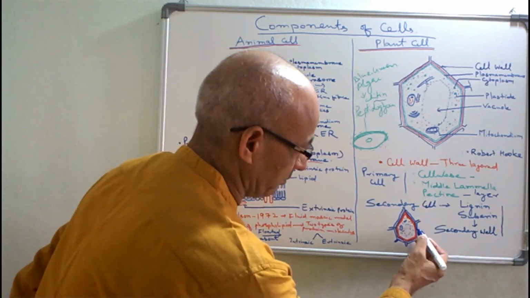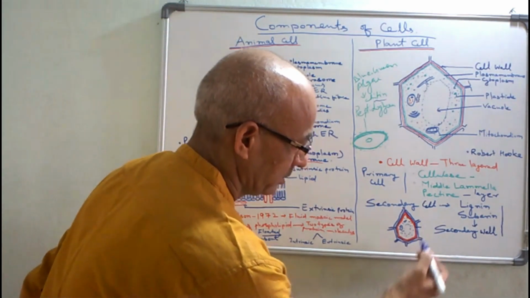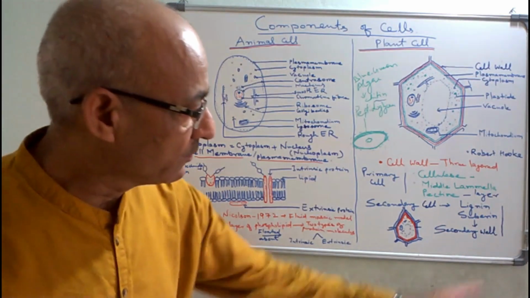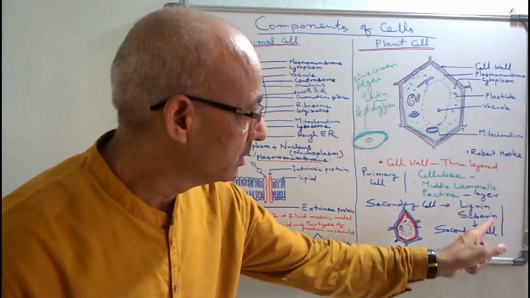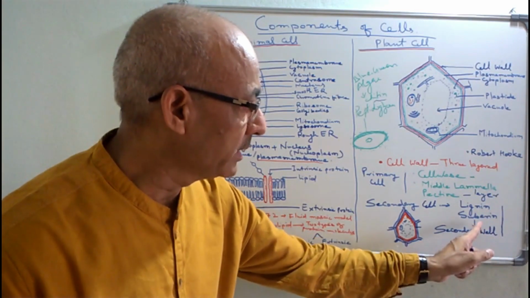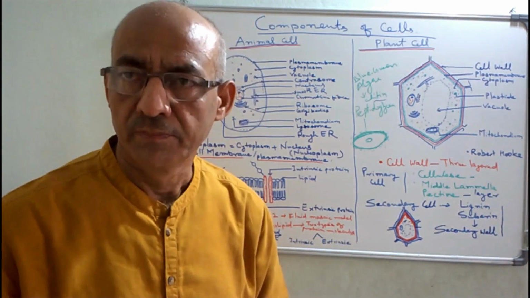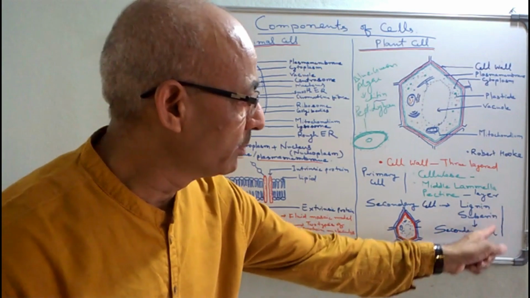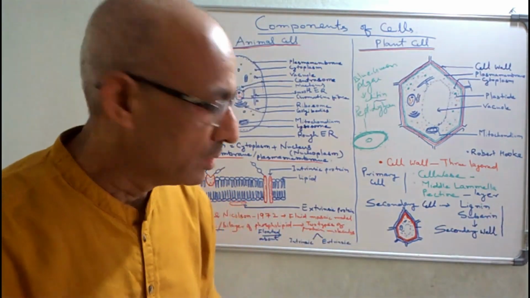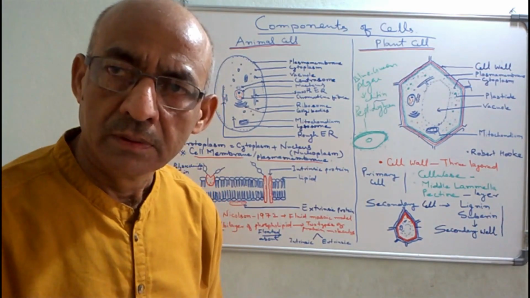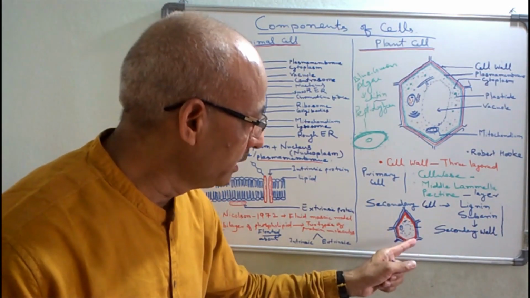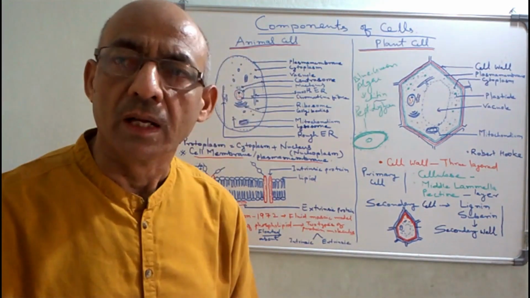That deposition is of a material called lignin and suberin. Due to this deposition of this material on the inner layer of the cell wall,